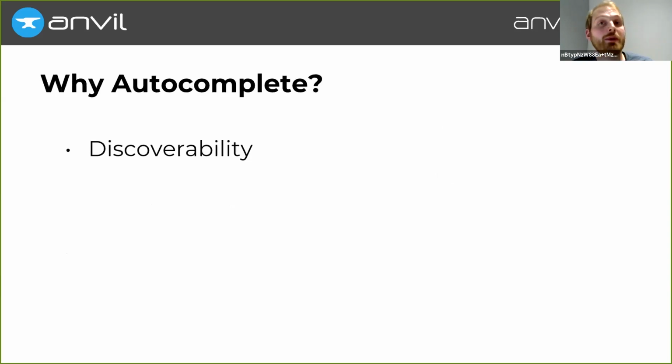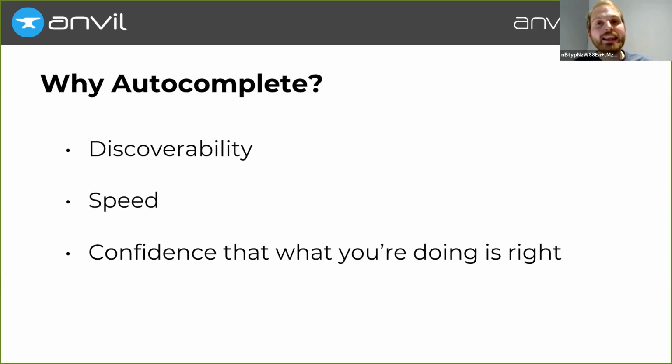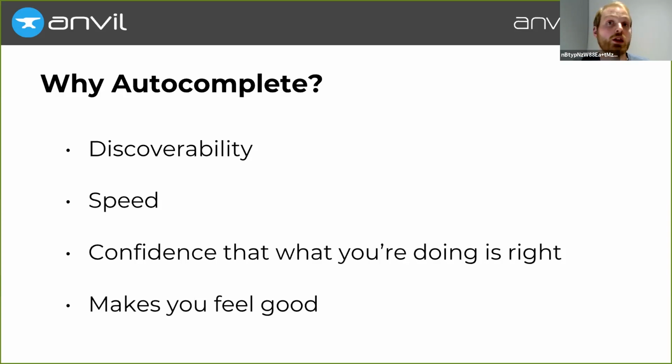It gives you discoverability. It lets you work out what your APIs are without having to flip to the documentation for each one: what your methods are, what your attributes are, what the classes available are. It gives you speed, right? Because you can type a few characters and just hit the tab key. It gives you confidence that what you're doing is right. Apart from the fact that you've spelt that long attribute or method name correctly, there are also whole classes of bugs that you can fix without even hitting the run button, because the autocompleter is confirming to you that this is in fact of the type you expect. And it just feels good to use.